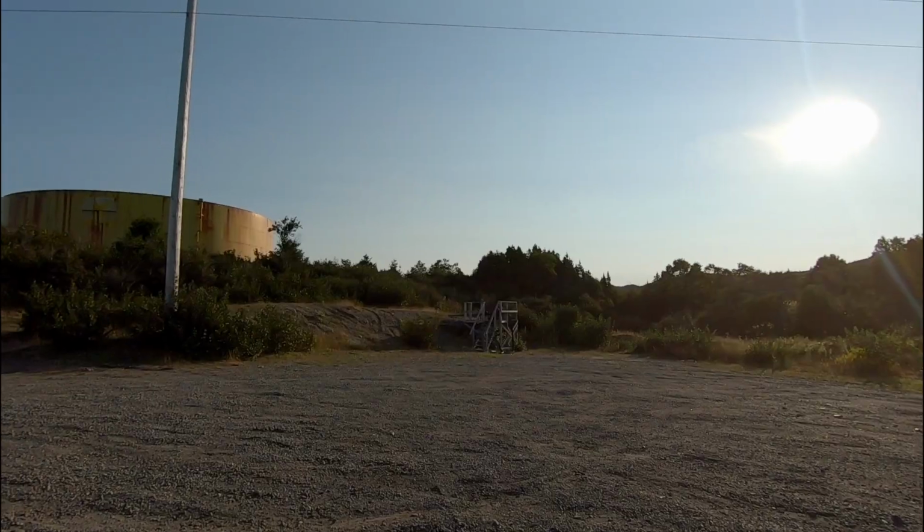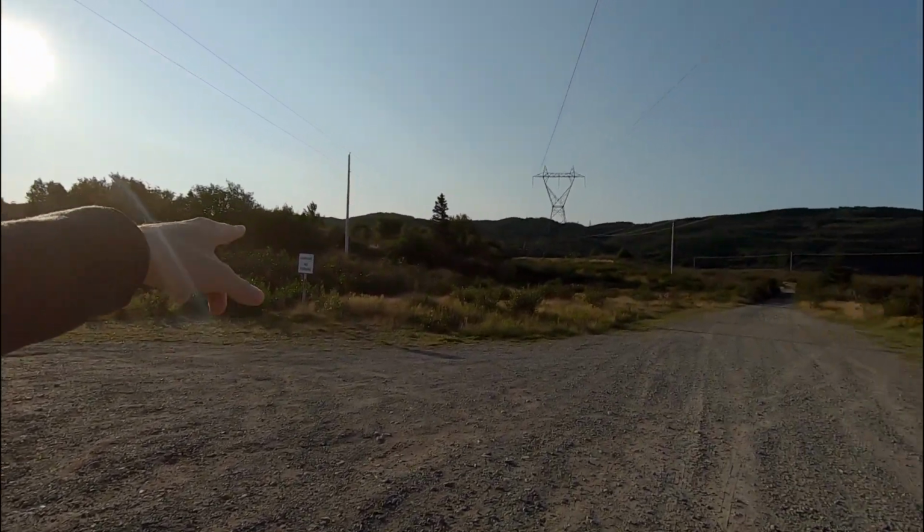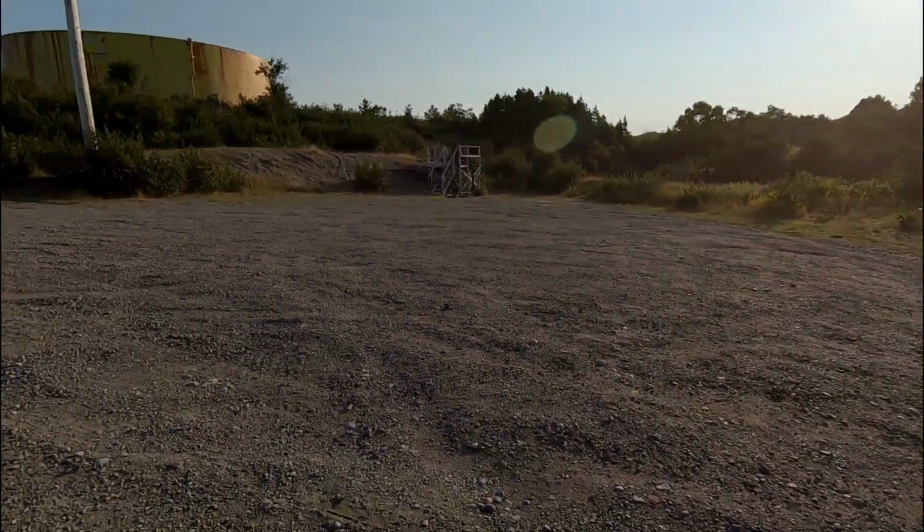Right now at the start of Joey's Lookout Trail, 2.5 kilometers up, 2.5 kilometers down. Right at the start, you'd think you'd be able to park, but there's a giant pipe with, well, clearly oil, and this is all loading zone. So none of that's parking, so for all those people who want to visit and take a look at it,